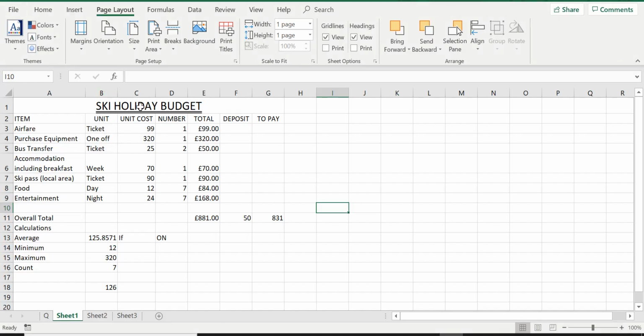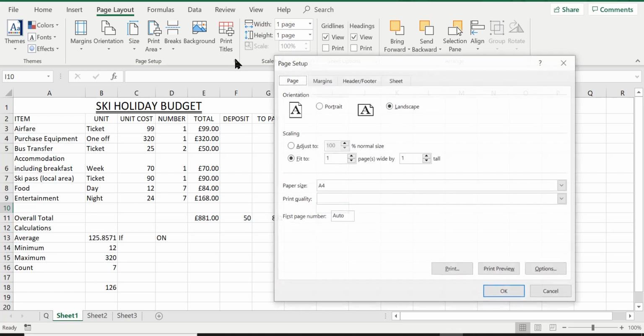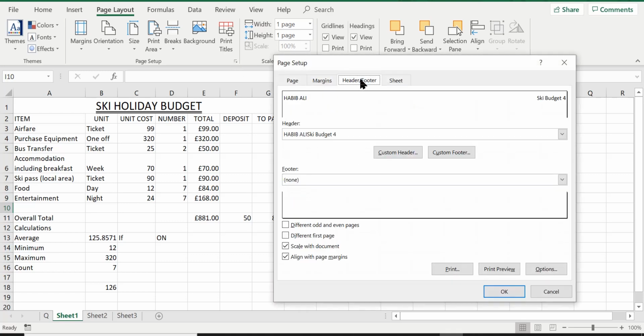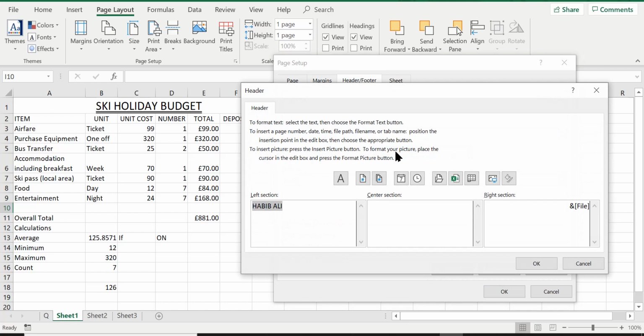Now there's one more thing I want to discuss with you about this automatic file name. This feature, automatic file name, serves two purposes. The first one, Excel automatically gives us the name of whatever file it is. It recognizes the name from the file name or the title bar of the spreadsheet you are working on. And the other amazing thing is, if I was to save this file with a different name,